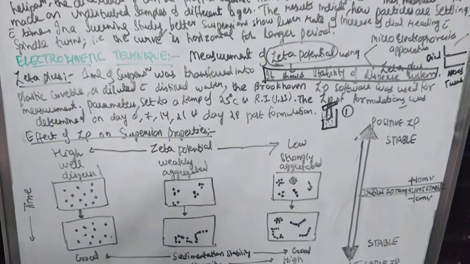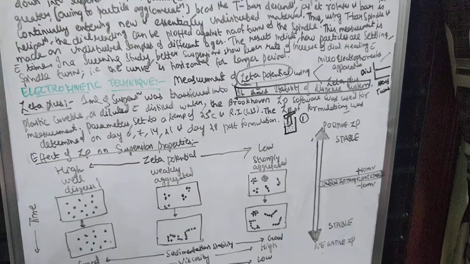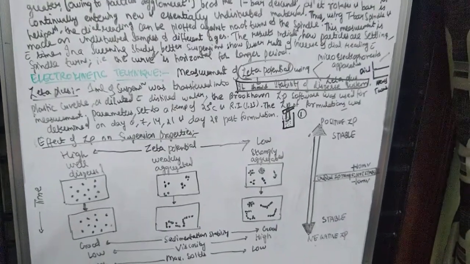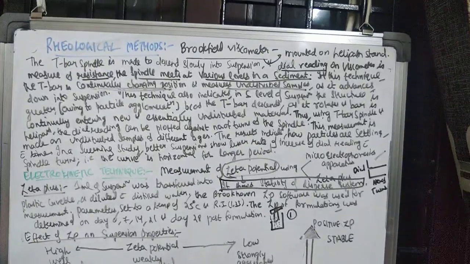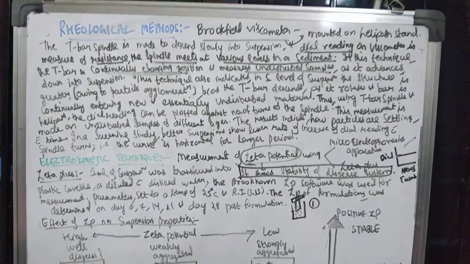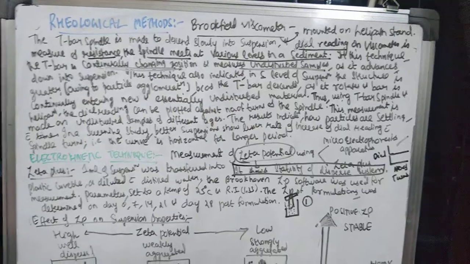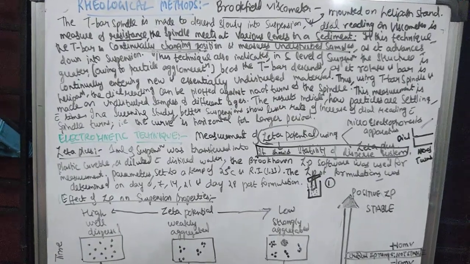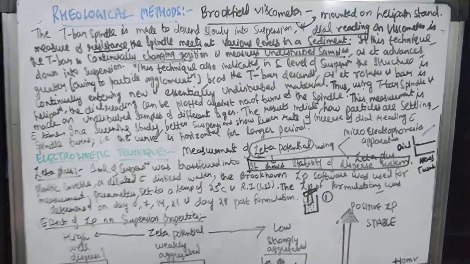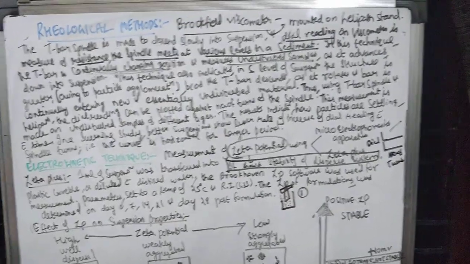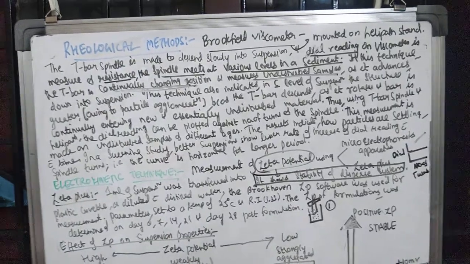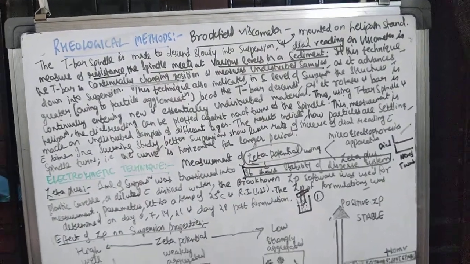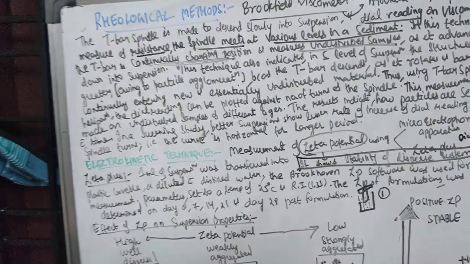So this is the effect of zeta potential on suspension properties, measured using microelectrophoresis and zeta plus, and the procedure, and then how it affects the suspension stability, and rheological methods in which you measure the viscosity. The leftover technique is the micromeritic techniques in which you will measure the particle size changes over a period of time. So in the next class we'll discuss that, and we will finish evaluation techniques for the suspension, evaluation of the suspension stability. With that we'll finish suspensions, and then we'll start here with emulsions.